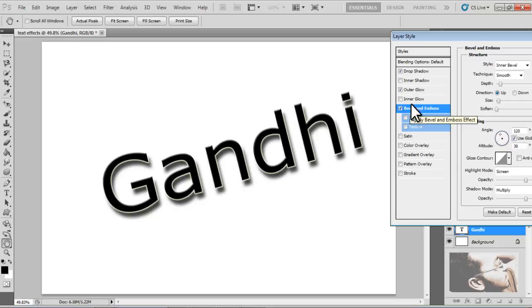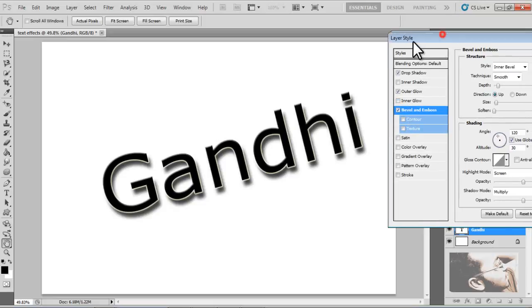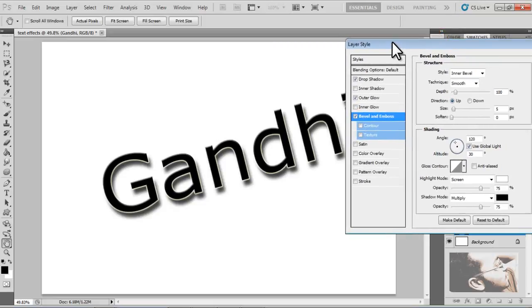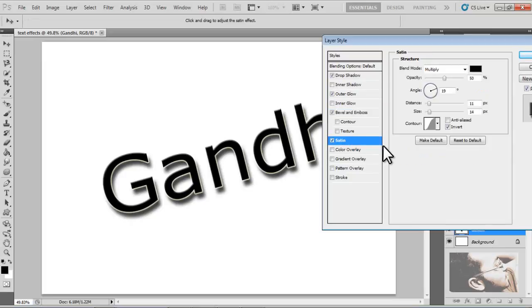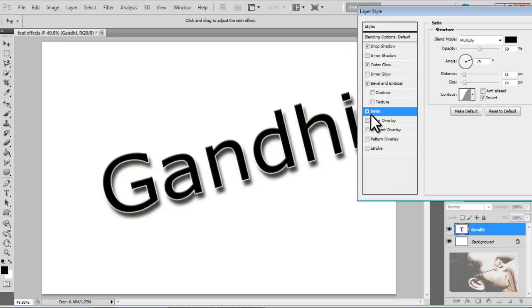I mean that is the effect of bevel options. You can see menu options here. You can alter and see the effect, and click on satin. That makes a small effect on your distance and angles on your photo, I mean layer. You can take it as you wish. I mean it makes a better effect in the text layer. You can make color